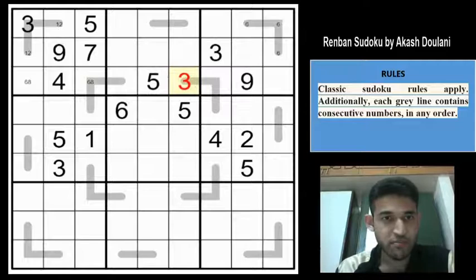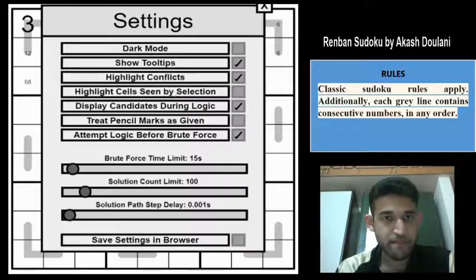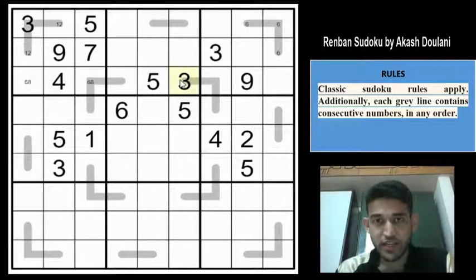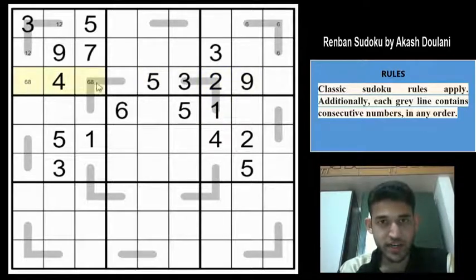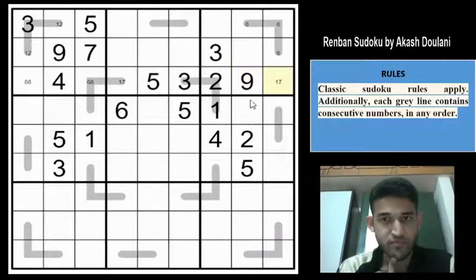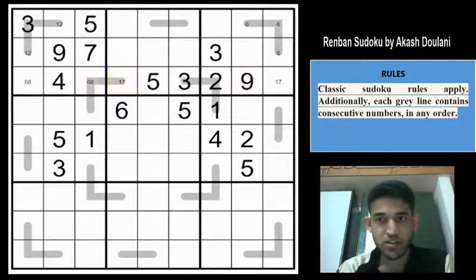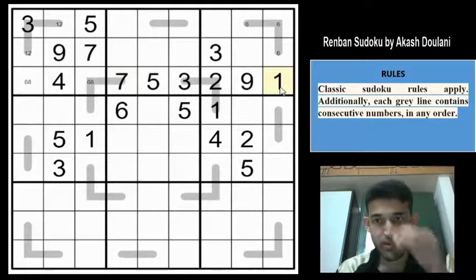Oh, it's showing some conflicts. I will remove the highlight conflicts option. So we have a 3 here, which means that you also can't have a 4 here, right? So which means these 2 digits must be 1, 2 to get 3 consecutive digits. But 2 is here, so this is a 1 and this is a 2. 2, 3, 5, 9, 4, 6 and 8, right? So this must be 1, 7 and this must be 1, 7. Similarly, you can't have a 1 here, right? Because of 6, 8, you can't have 1 here. So this is a 7 and this is a 1. Great.